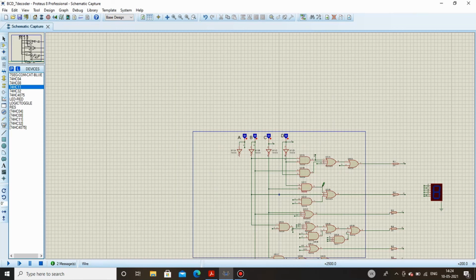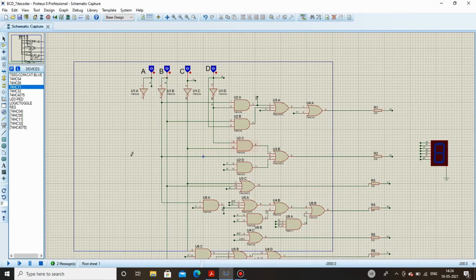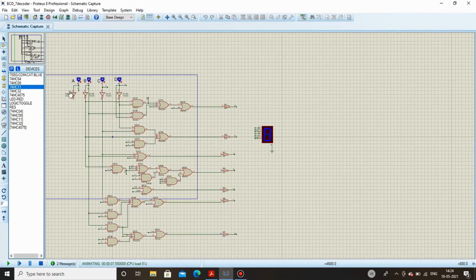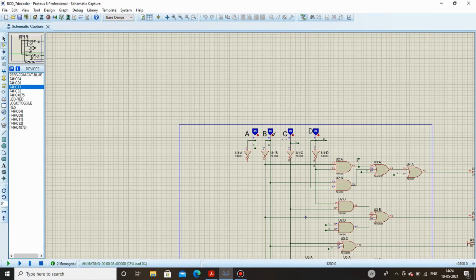And let's try simulating this circuit now. When A, B, C and D, all the inputs are 0, it represents 0 in decimal. And you can see over here, other than segment G, all are high, so this represents 0. Now we'll try a few random numbers.